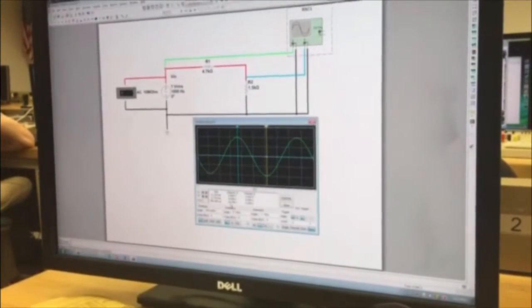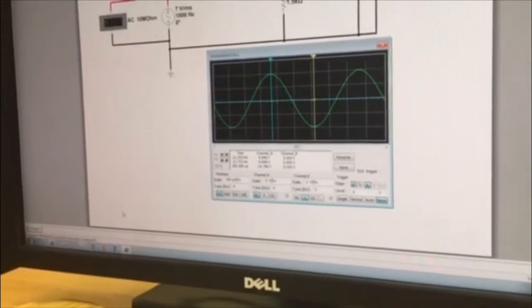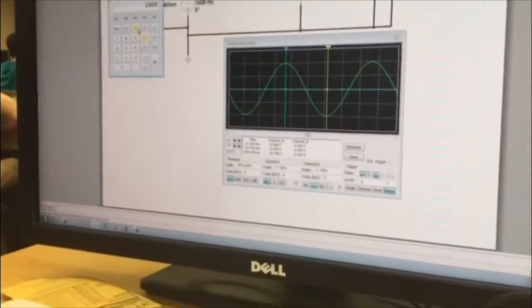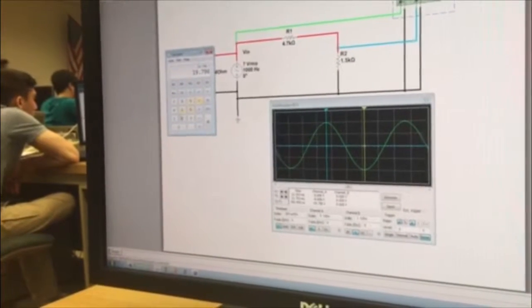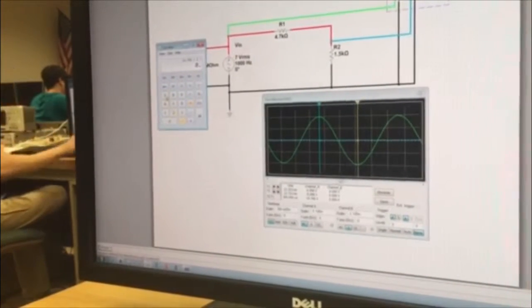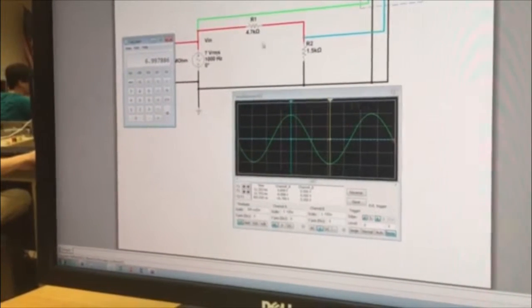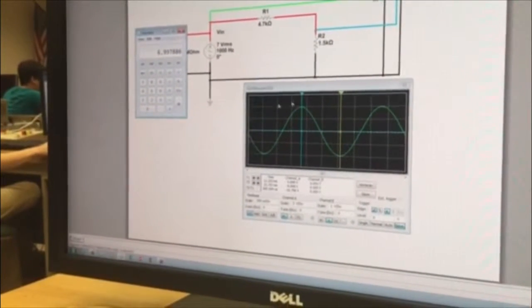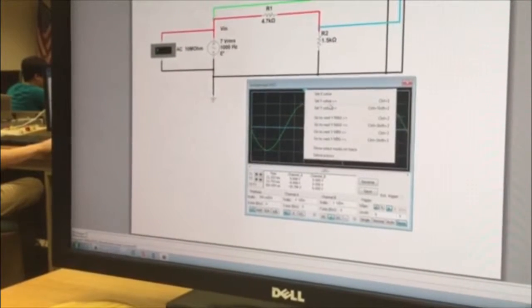Your peak to peak is going to be 19.796 volts. To get your VRMS, you're going to want to take that 19.796 divided by 2, multiply that by 0.707, which is going to round off to 7, and that's going to be your VRMS. And then for your period, you're going to